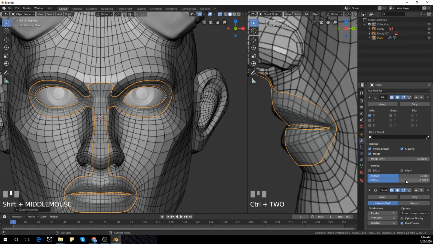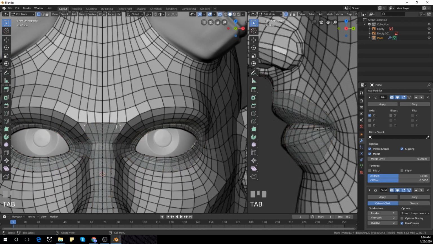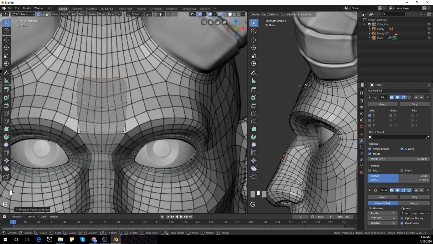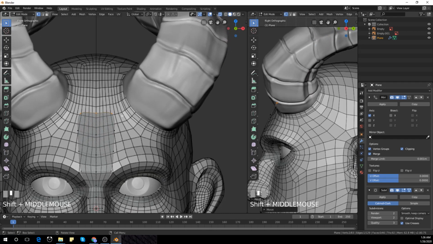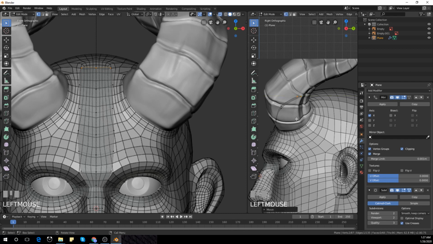Let's go back to edit mode with Tab and E to extrude, E to extrude again, G, E, place it, G, Y, G, Y, E,